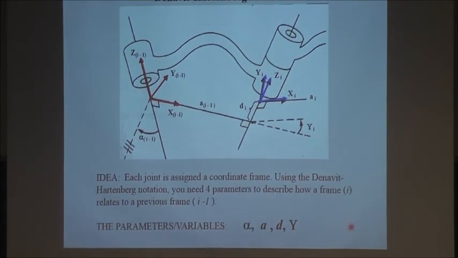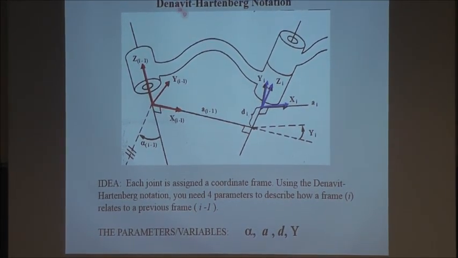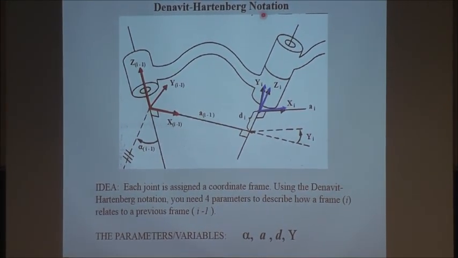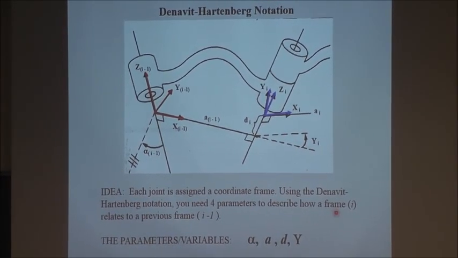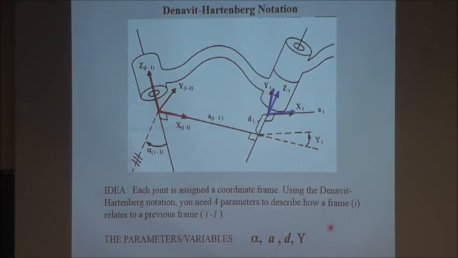So let's look at probably the most important part of the kinematic problem, and that is Denavit-Hartenberg notation. We call it DH notation of parameters. The idea is the following: each joint is assigned a coordinate frame, as you know. This one in red, this one in blue. Using the DH notation, you need 4 parameters to describe how a frame i relates to the previous frame i